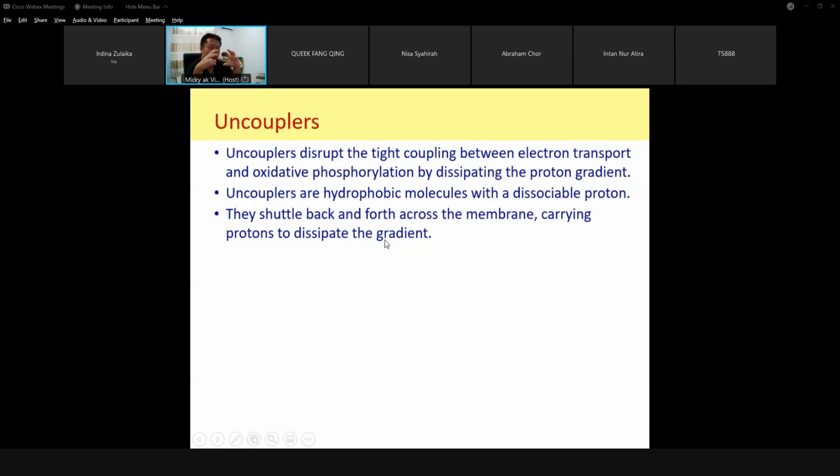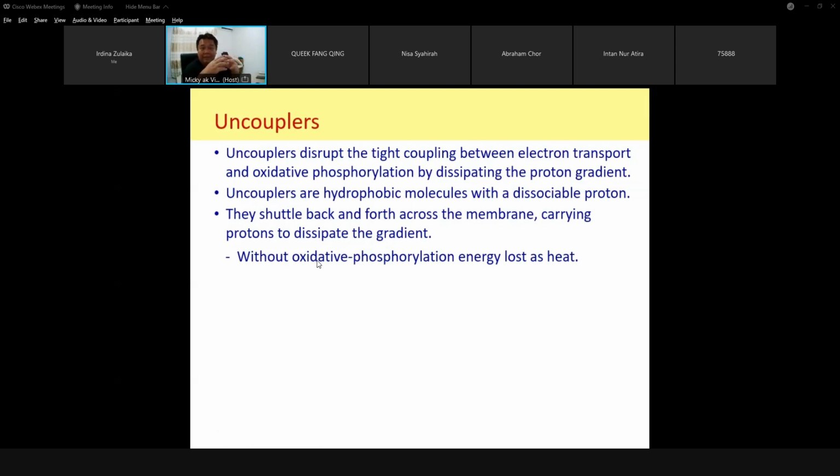Okay, it depends. There are a lot of uncouplers. Sometimes the uncouplers dia akan bawa keluar the hydrogen. Sometimes some uncouplers dia akan bawa masuk hydrogen. So they shuttle the hydrogen across, keluar masuk, and they carry the proton to dissipate the gradient. All right. Now, what happens during uncoupling is that